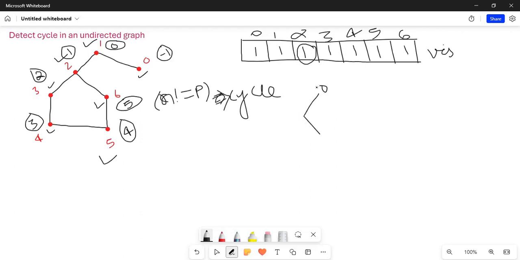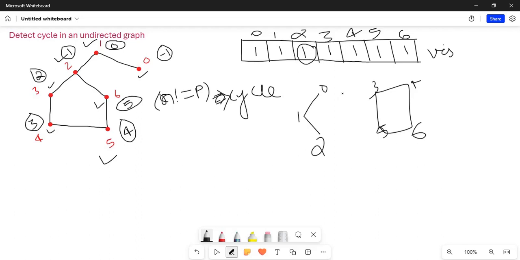If this is 0 1 2, and then maybe like this 3 4, and this is 5, and this is 6, then if you start only from 0, you can't find the cycle.